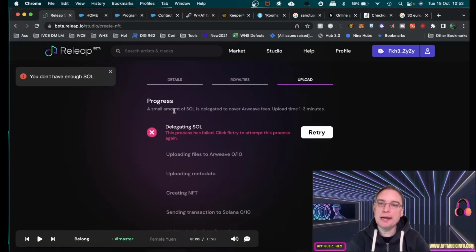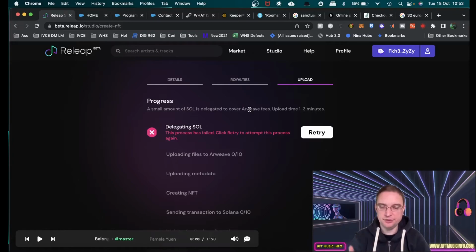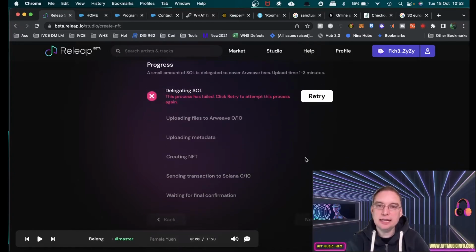It says a small amount of Solana is delegated to cover the Arweave fees, because they have to pay for the storage on that blockchain Arweave server, and it's an upload time of 1 to 3. Then it'll start creating those music NFTs for you within that collection. You'll see it upload the files to Arweave, 0 out of 10 because there are 10 editions. That takes some time because it has to create each one individually. It'll upload the metadata, create those NFTs, and send the transactions to Solana,